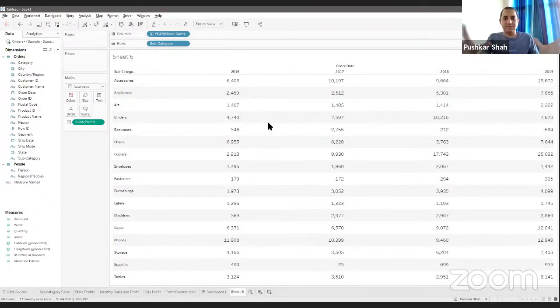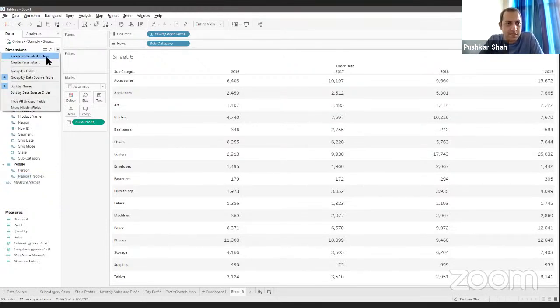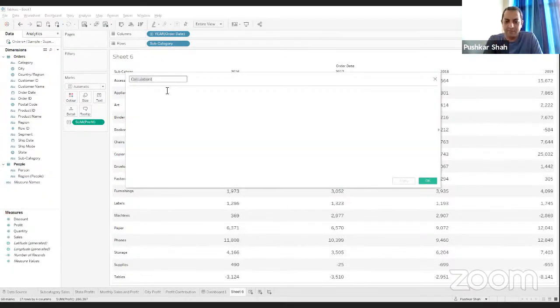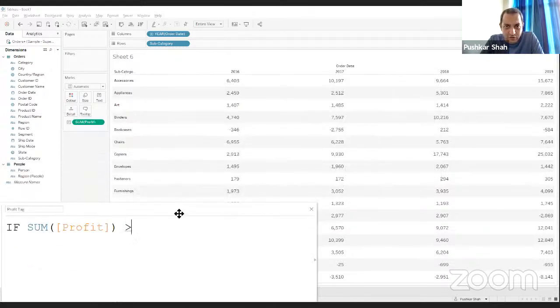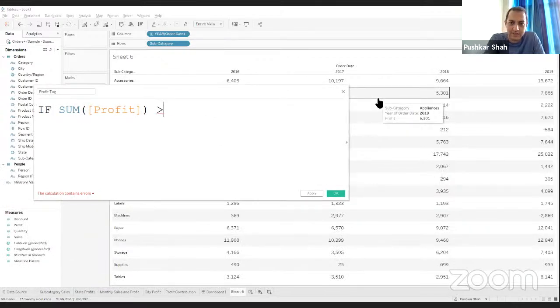I'm just going to replace all this data that we see out here with more of a pictorial format. So I'm going to write a simple formula. I'm going to create a calculated field. I'm going to call this profit tag. And I'm going to write a simple formula which says, if sum profit, so the total profit that I see out here, is greater than, let me pick a value of, let's say, 10,000. This is greater than 10,000. Then,